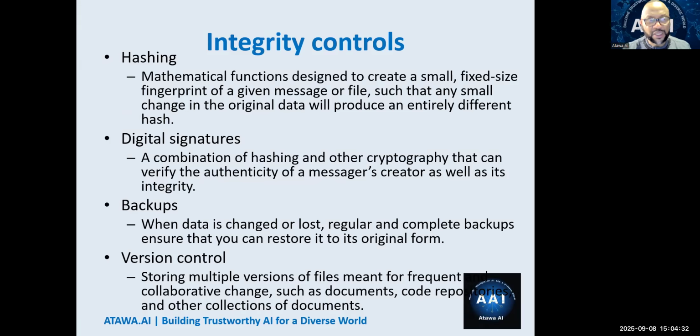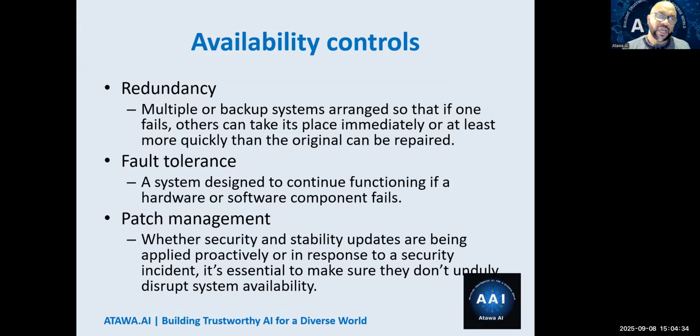Of course, backup, version controls, redundancy, having duplicates. So if I have storage, I have extra file storage. If I have a network interface card, I have maybe an extra one, so that if one fails, another one can be used. That's where you now have the doctrine of fault tolerance. They tend to go together, right? So something's going to continue functioning when another one fails.